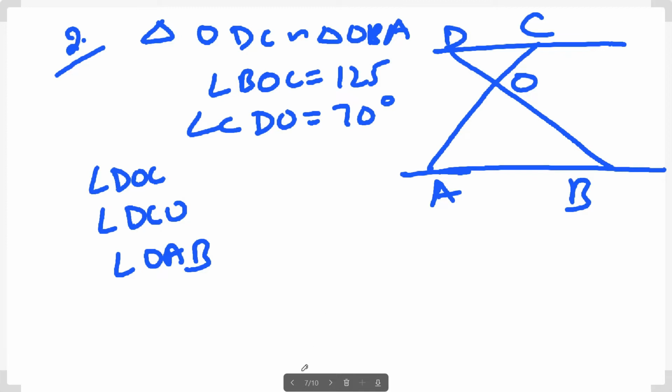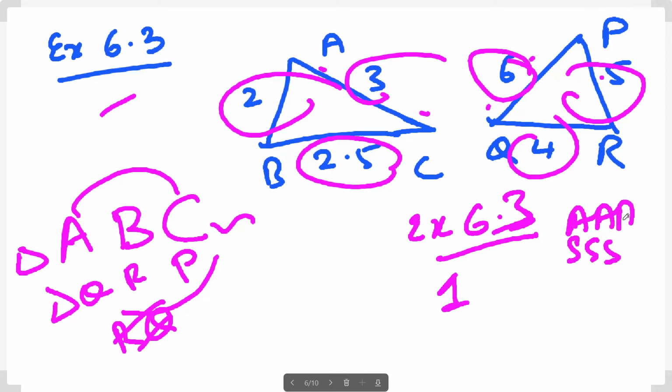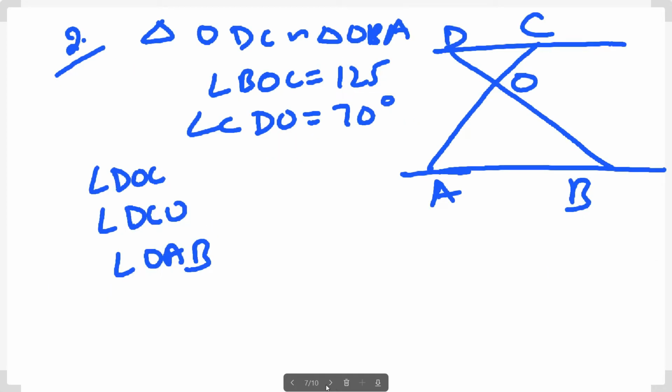So there are certain more questions in exercise 6.3. First, I have just mentioned one and one more as an example. You can easily do the others. Simply, what is it? SSS, AAA, SSS or SAS. These are the 3 modes to prove. You have to use these to check whether they are similar or not. I am not going through all. Let me know if you have any questions, queries. Right? So let me know that.